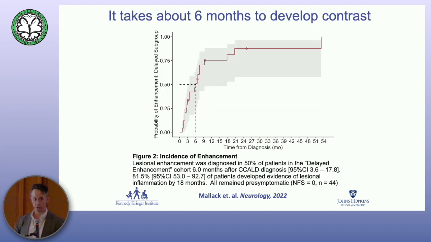For the patients who don't have contrast enhancement at diagnosis, on median it takes about 6 months to show up. That's the cumulative incidence data. What's important, for those who want to run a clinical trial and see if there's effectiveness, Katie, we were talking about this last night,